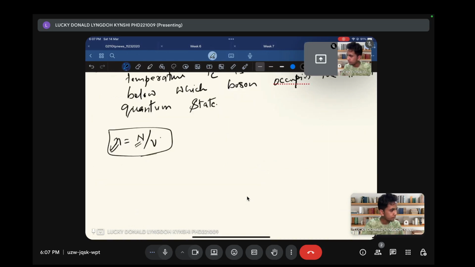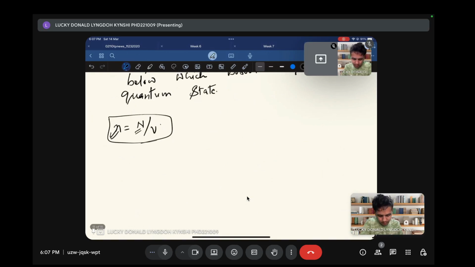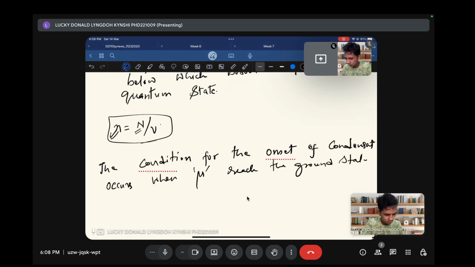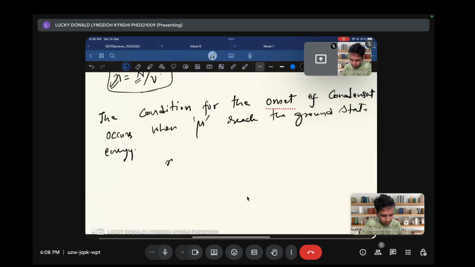Now I'll just write the condition: the onset of condensation occurs when the chemical potential mu reaches the ground state energy, or I will write how it is related: n equals 1 by lambda cube times zeta function of 3 by